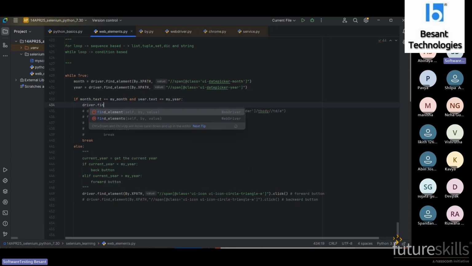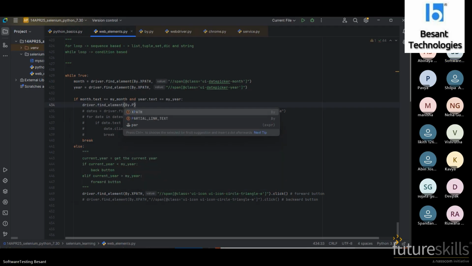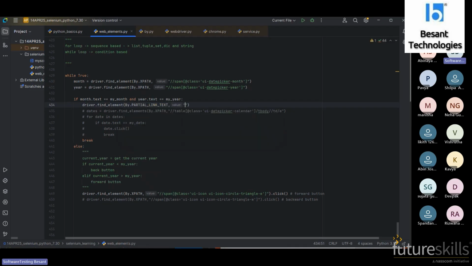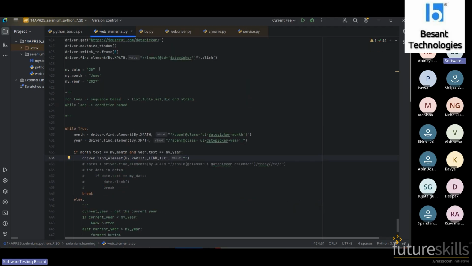Driver dot find element by partial link text. In this, what you are supposed to do? You have to provide the expected date. Here you have to go with format, or you need to format the string.